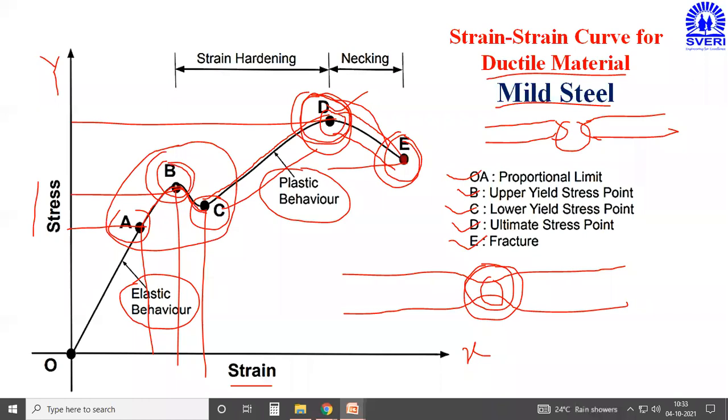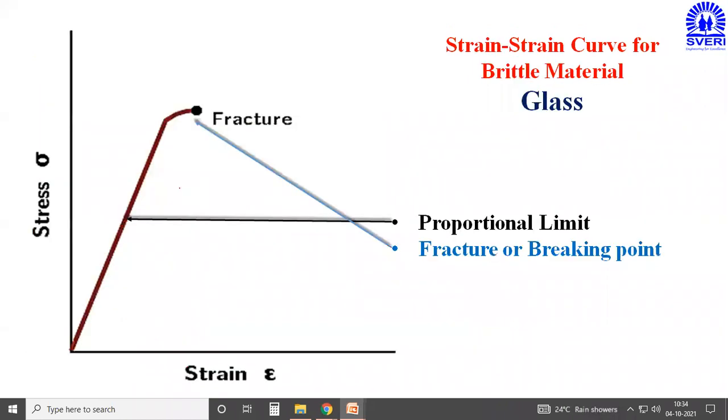At B point, deformation is taking place, no problem, but it is not visible to us. Therefore, that B will be considered as a maximum stress point. So this is about the stress strain curve for the ductile material, and it will be applicable for the mild steel. Now immediately we'll go for the stress strain diagram for the brittle material. I have taken the example of glass. The same figure I have taken.